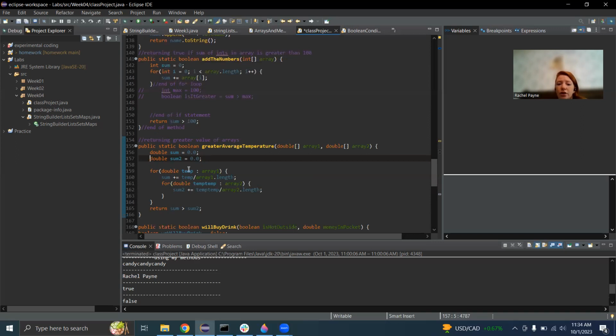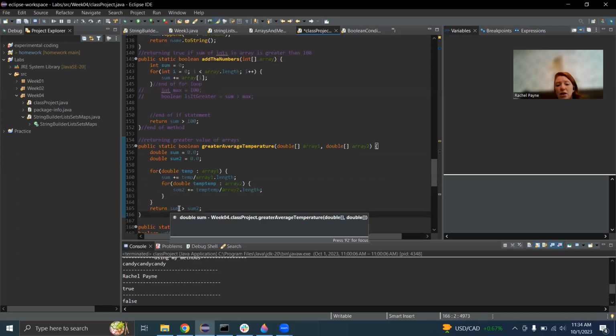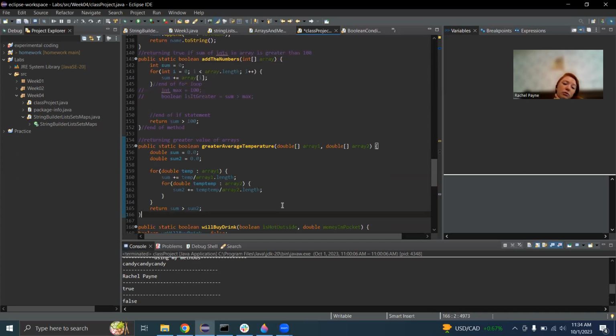And I'm basically saying for each temperature that's in the first array, we're going to take our sum plus the temp divided by the length of the array, and the same thing for the second array, and then basically saying return if the first sum is greater than sum 2. It's confusing, but